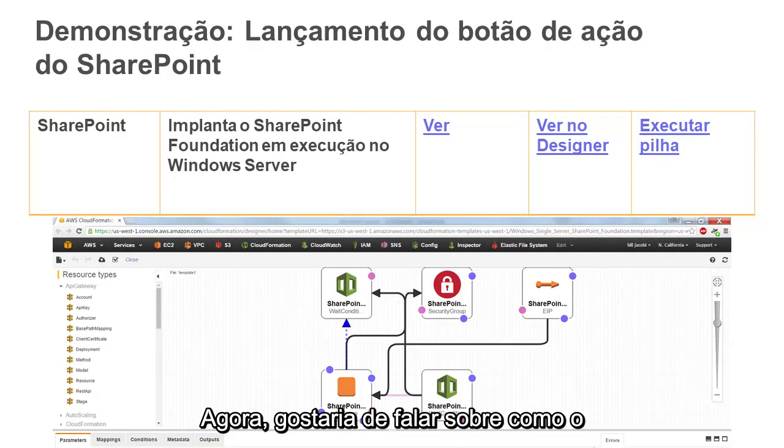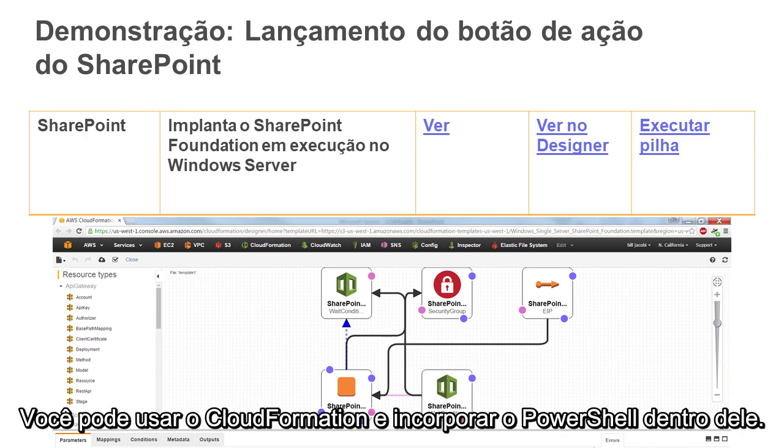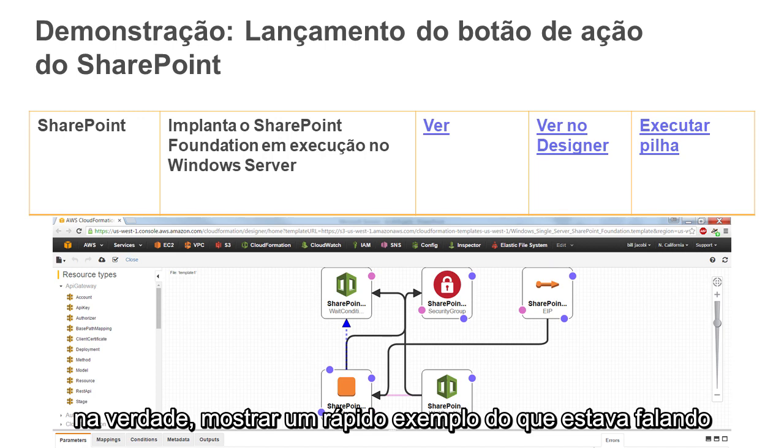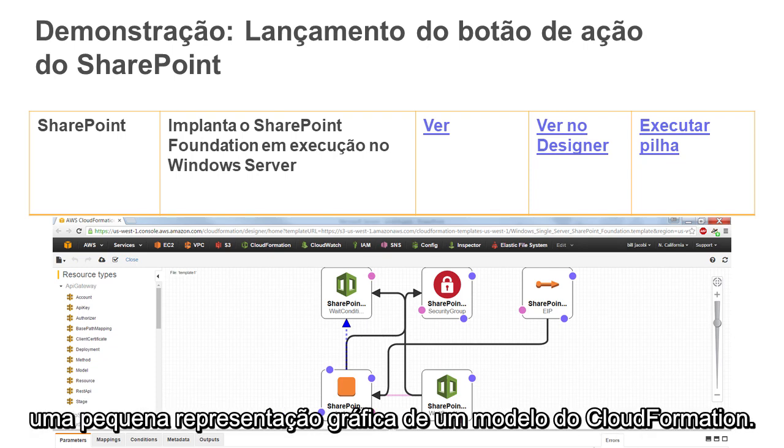Now I wanted to sort of go from, okay, well, CloudFormation lets you set this up, and you can use CloudFormation and embed PowerShell inside of that, and then stand up these servers. But I thought I would actually show you a quick example of what I'm talking about when I mention using CloudFormation. So I've got, if you look on the screen here, a little graphical depiction of a CloudFormation